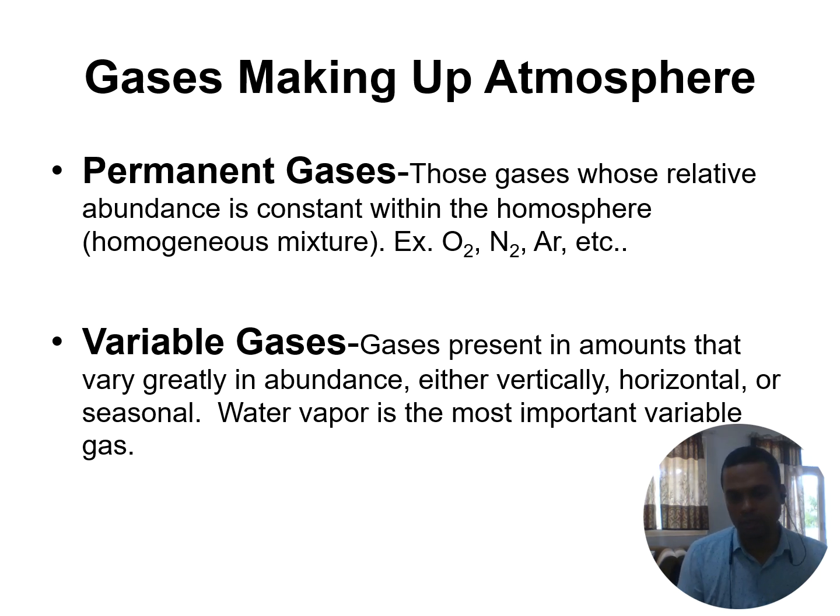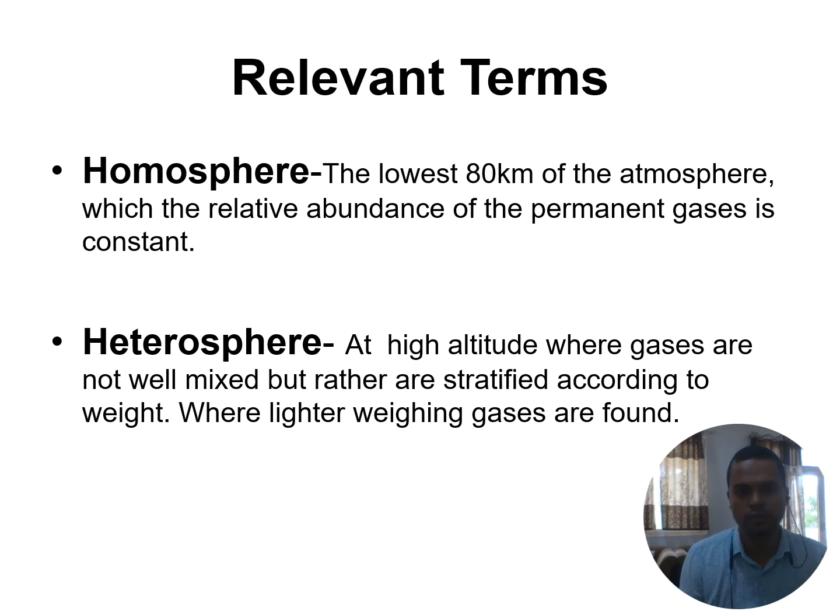In the atmosphere, there are two different kinds of gases we can divide: permanent gases and variable gases. Permanent gases are always present in the atmosphere. They are abundant and don't change their composition, like oxygen, nitrogen, and argon. But variable gases change their amount with time. With different seasons, you can see that the amount of vapor or moisture in our atmosphere is different. So water vapor is a variable gas. It changes with the season. These are the two different kinds of gases, permanent and variable.